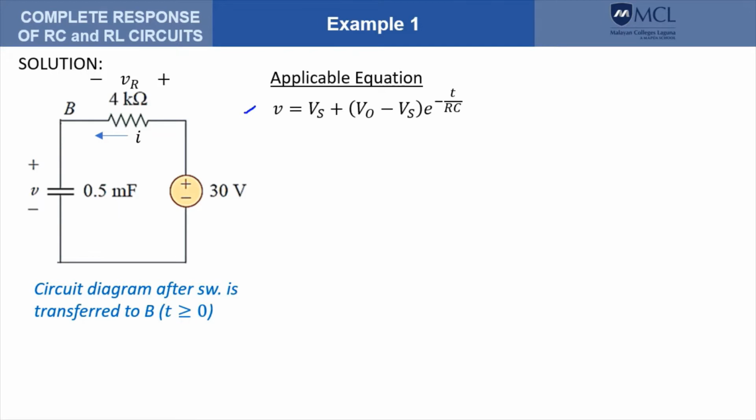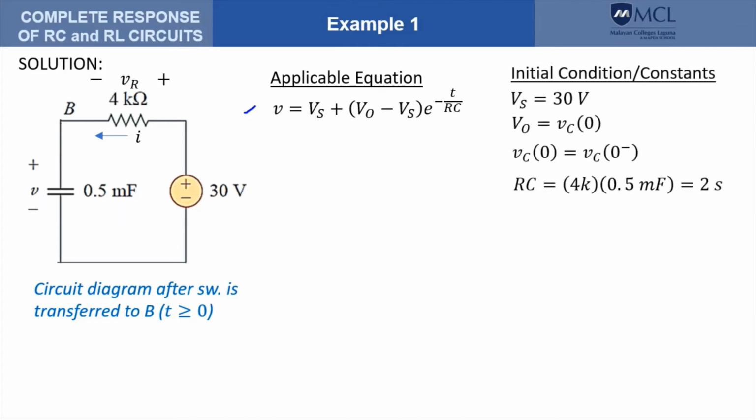So this is the equation, where V sub S is 30 volts, RC is 2 seconds, V sub naught is the voltage across the capacitor at time t equals 0, and that voltage should be equal to the voltage of the capacitor prior to the transfer of that switch,